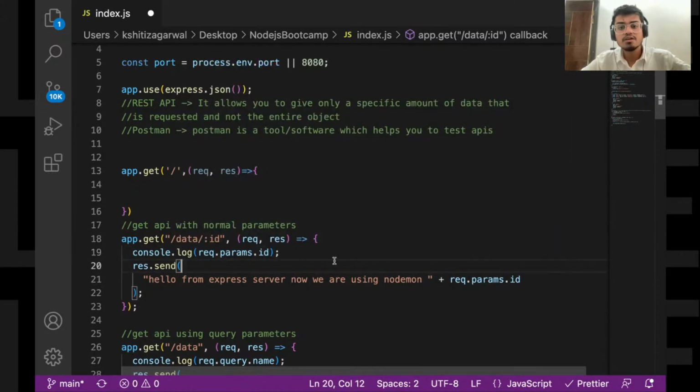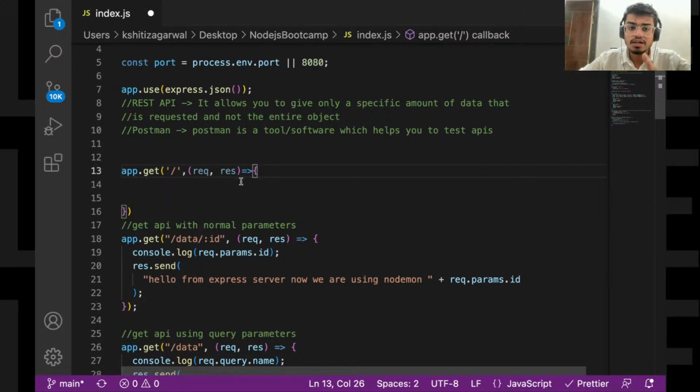But when you are creating a big application, you might not have only 5 to 7 APIs, you might have hundreds of APIs to create. For handling hundreds of APIs, you don't write all of them in the same page. Let's take the example of an e-commerce website. You have a login system, which you can consider authentication related APIs.